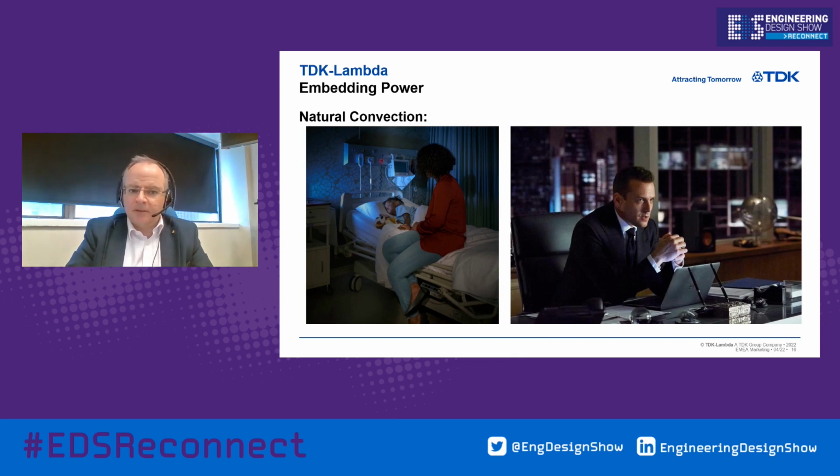Cooling by natural convection is typically used in applications where there is a reasonable amount of space to allow natural convection currents to flow. It has the advantage of operating silently. This makes it ideal for applications where annoying fan noise cannot be tolerated. A typical example could be, say, medical and office environments where too much noise can be disturbing to patients or